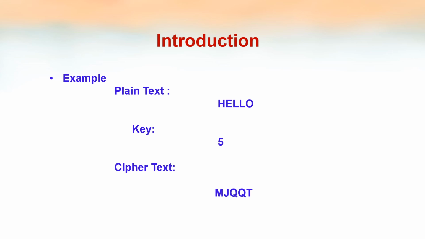And the receiver also knows the key, which is 5. Then he can decrypt the message and understand that it is hello using the key. He can just do the reverse of the encryption process. For encryption, I have used addition, so for decryption, he can use subtraction. So this is an example of a simple encryption decryption process. Plain text is hello and the ciphertext is MJQQT, and the key I used here is 5. So it is symmetric key encryption because the sender and the receiver use the same key.